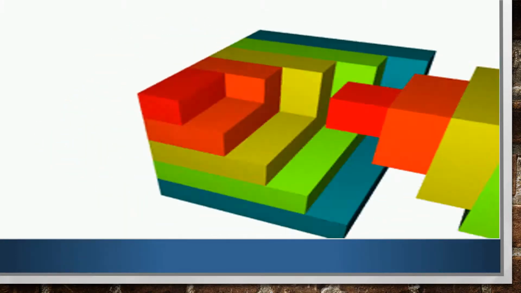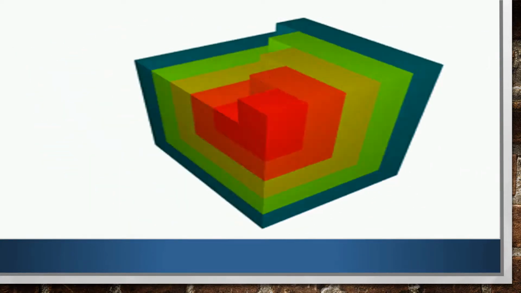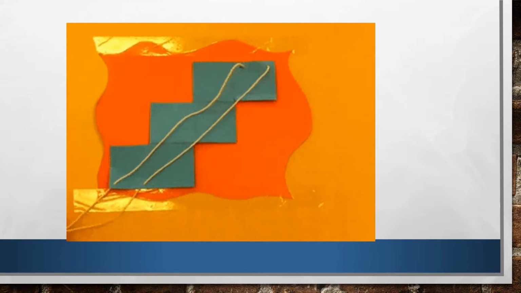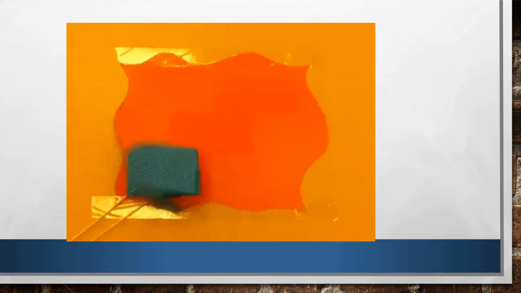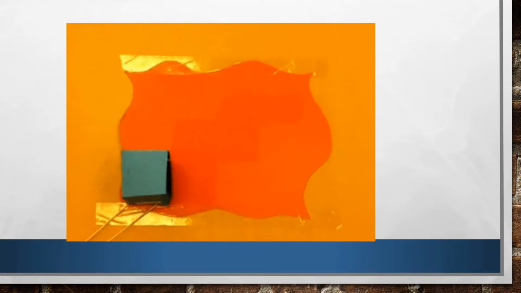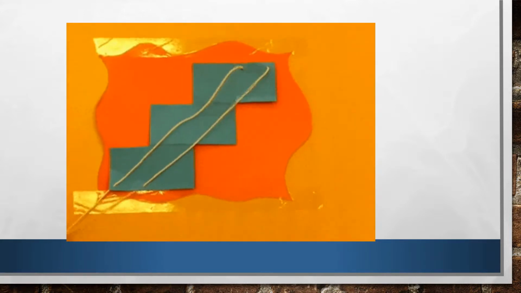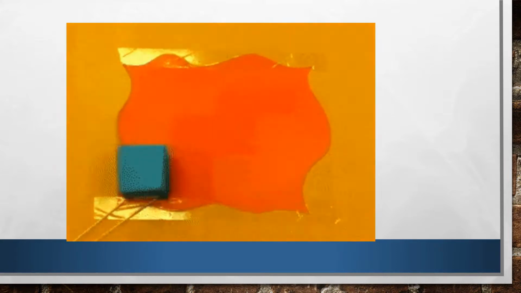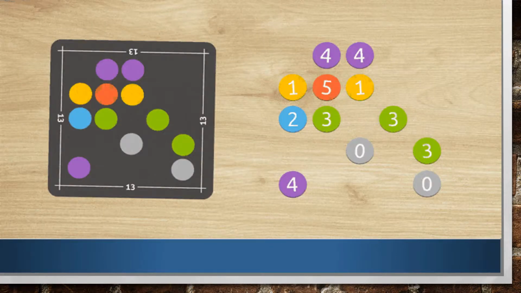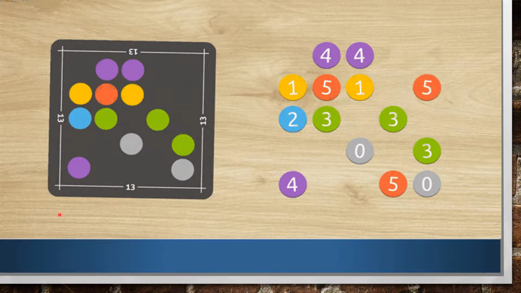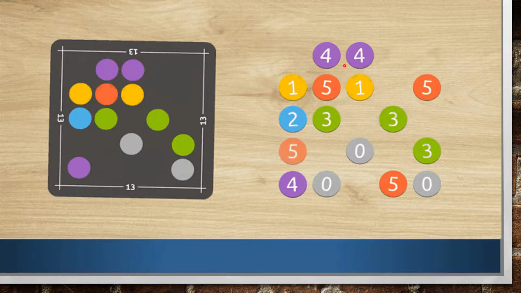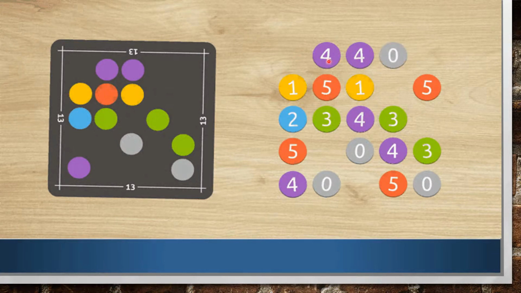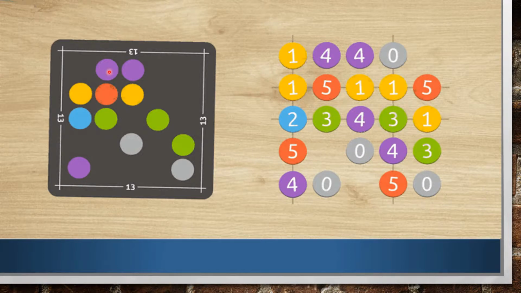Now, activity time. Children, observe this picture and do the same at home. Here, some circles are given. So children, same color circles, all of you paste on this side. Suppose a purple circle is given, so this number 4 you paste on this purple circle. Like that you complete the full picture.